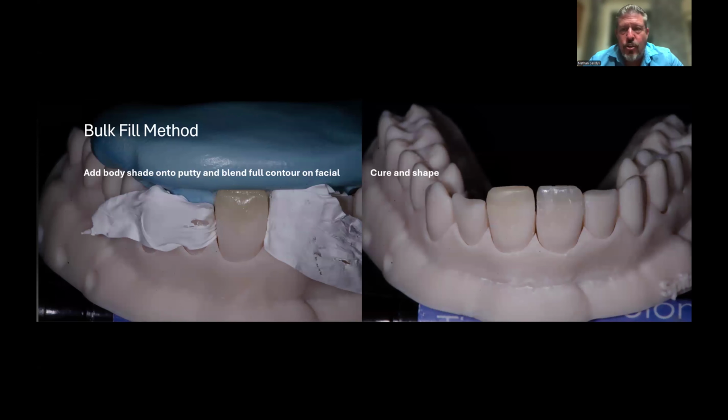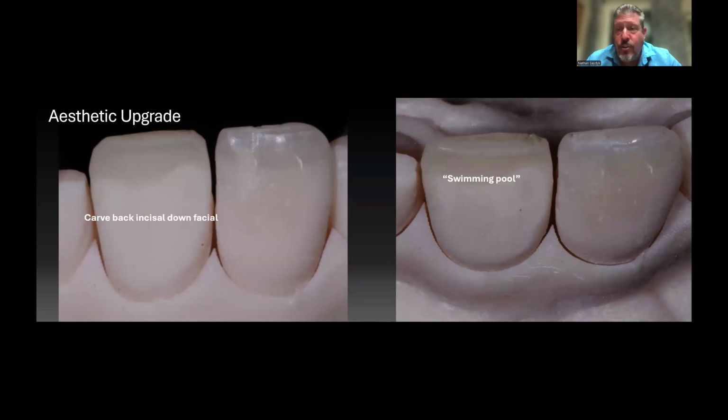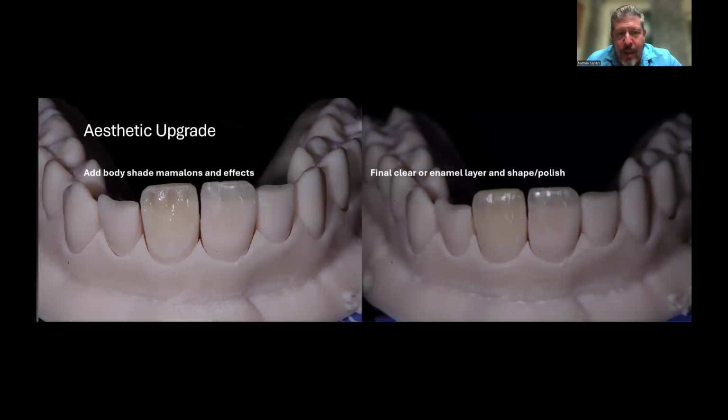Now, let's say I don't like the way that looks. And this is how I do my class fours now. I will do it this way, or I'll injection mold it. And then I do what I call an aesthetic upgrade. And I charge for this. I carve out a little swimming pool in the front of that tooth. And then I layer in my mamelons, put in my tints and opaquers, put a clear layer over the top,